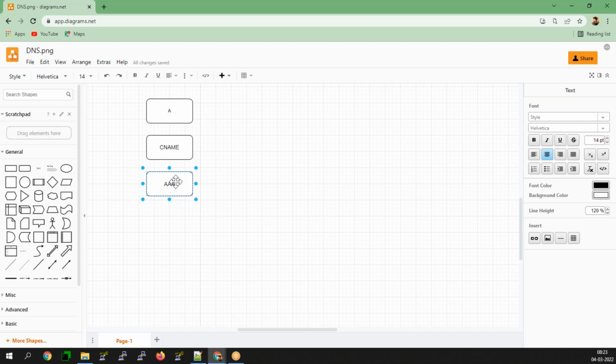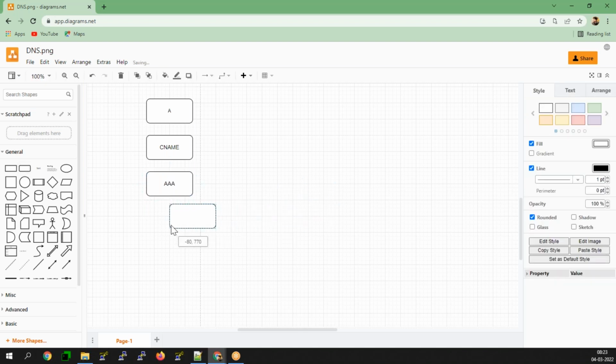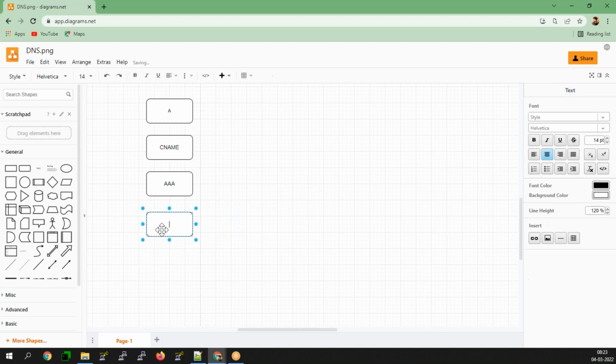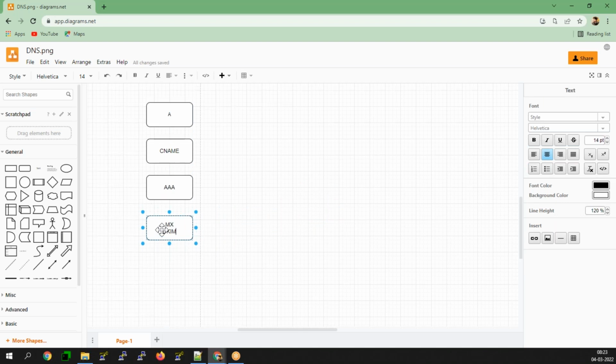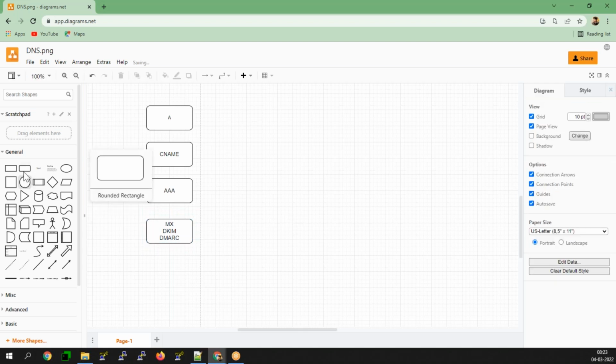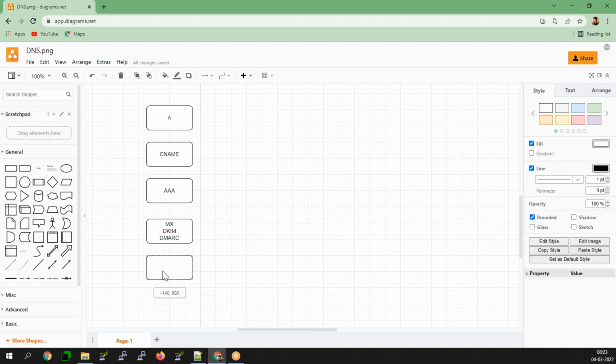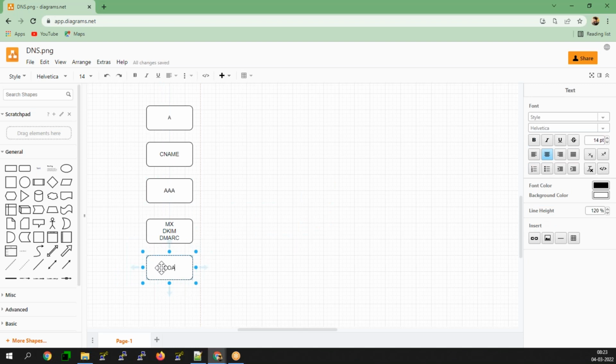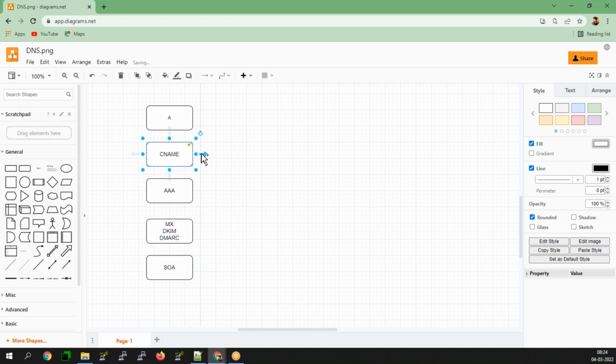You also need to understand one more record called MX record, DKIM record and DMARC record, and also a very important record called the SOA record, state of authority record. But in your real-time environment as an AWS admin, you are mostly working only on the CNAME and the SOA.